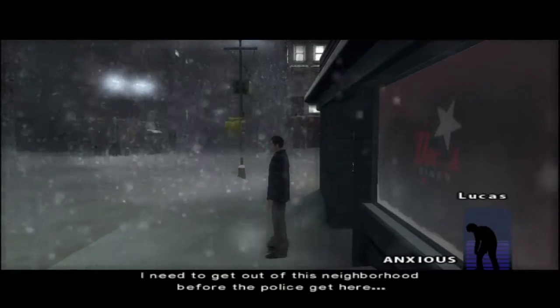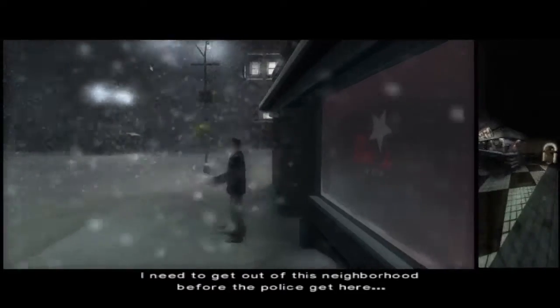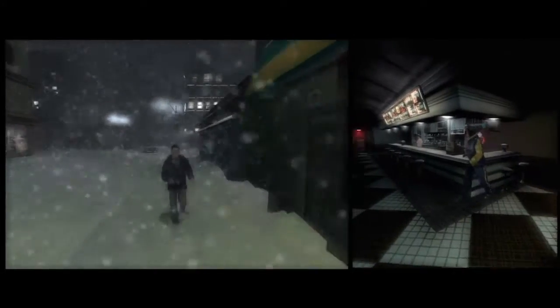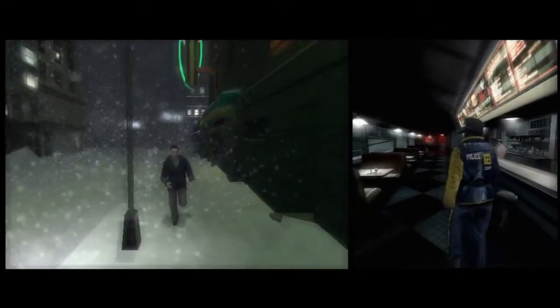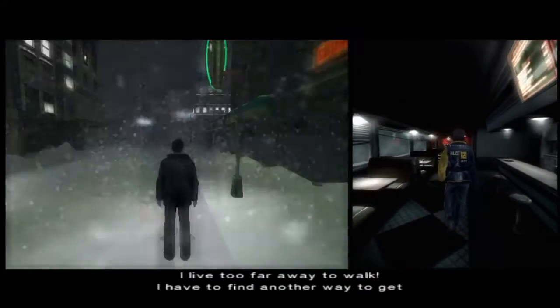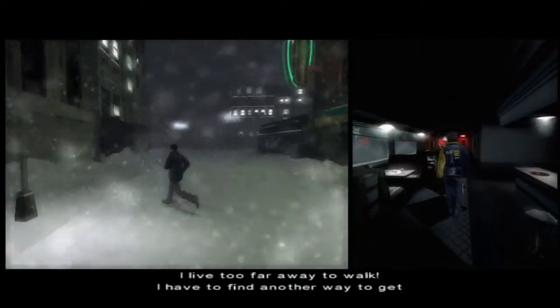I need to get out of this neighborhood before the police get here. I live too far away to walk. I have to find another way to get back home.